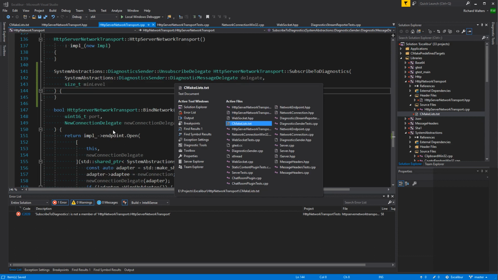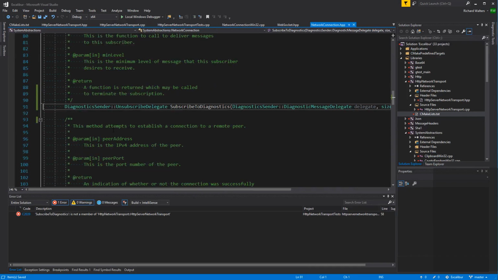Hold on, let me see how the connection object actually, how do you register with that? Network connection HPP. Okay, you have to subscribe to its delegate separately.